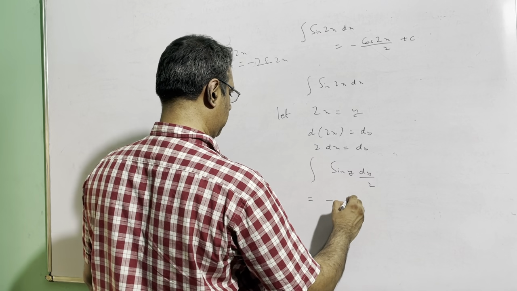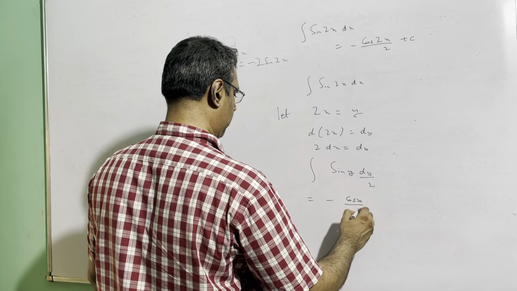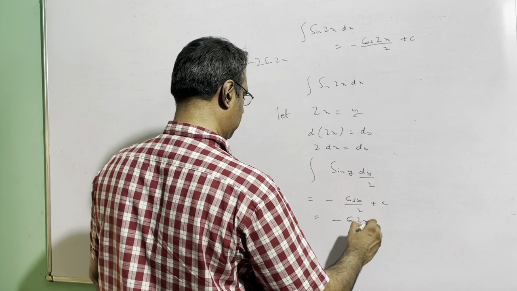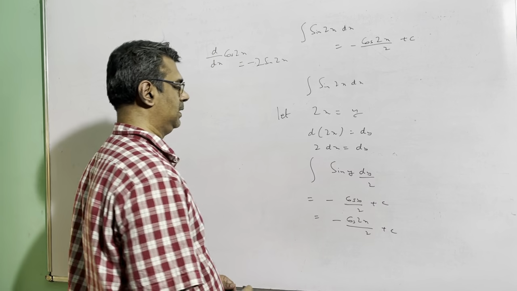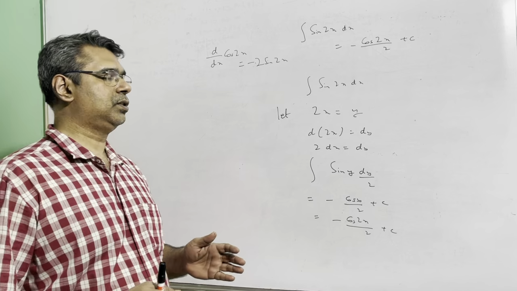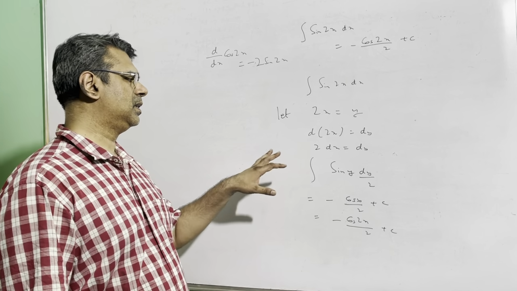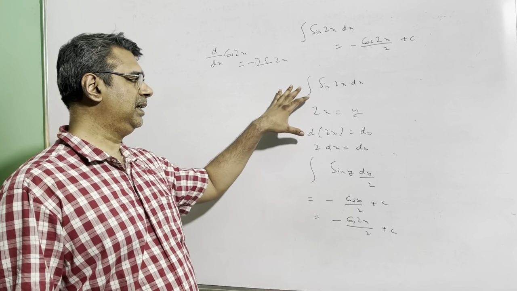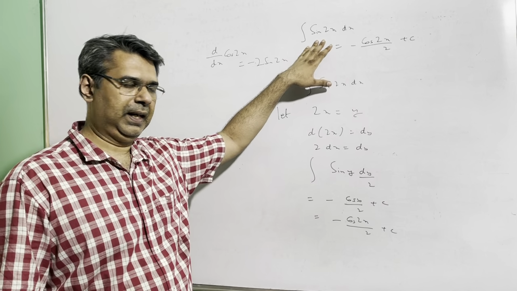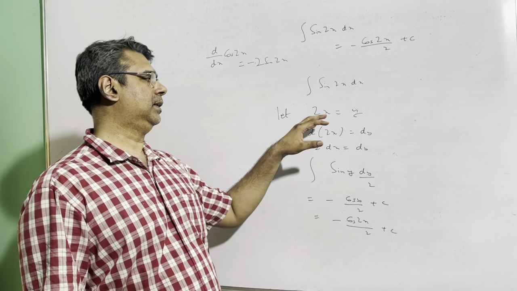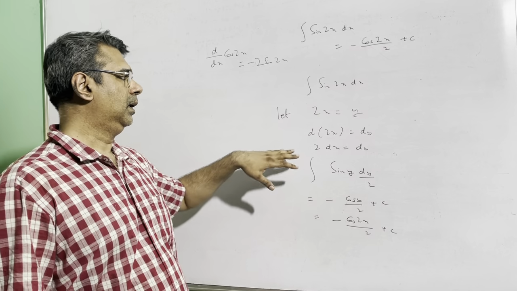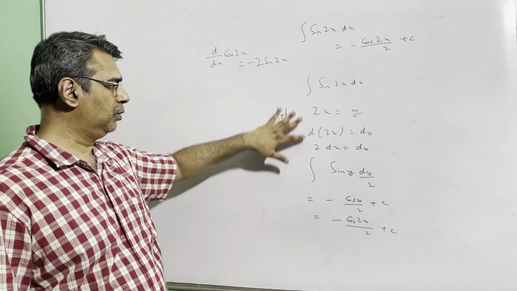You know integration of sine is minus cos, so minus cos y by 2, which means finally minus cos 2x by 2 plus c. So this technique which I have adopted is called the method of substitution. Now this was an easy sum, so is there any need to do substitution? No, we can do the sum like this directly also, correct? But suppose you are given a sum which is not as direct as this, then you cannot straight away write the answer, then you have to follow a method like this.